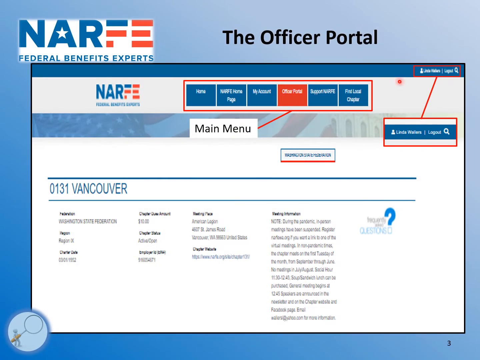Your login status is going to be in the upper right-hand corner. And just below that is the main NARFE web menu. The NARFE homepage, Support NARFE, and Find Local Chapter buttons will take you back into the NARFE web area. Below that section